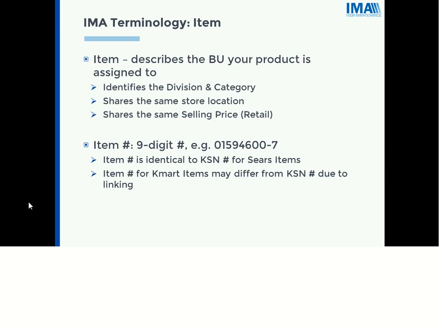So when an item gets linked, it could be for a couple of reasons. It could be that an item is going to be discontinued and another item is going to come in and basically take the place of that discontinued item. So they will link that KSN to the existing item number so that it goes to the same shelf location as that previous KSN item. Also, it will reflect the same on our reporting.